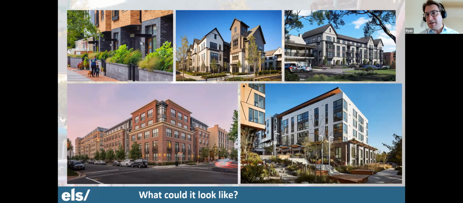And some of the things that we'll be exploring with you in the next stages of this project is, if we have these densities, what's the best way to approach the building massing and other requirements that help inform how they're articulated? Because you can have a very out of scale building that's 7 stories or 5 stories, or you can have a building that's nicely scaled and delivers the same number of units. So those are things that we'll want to look at carefully. Any questions before I move on to the next set?